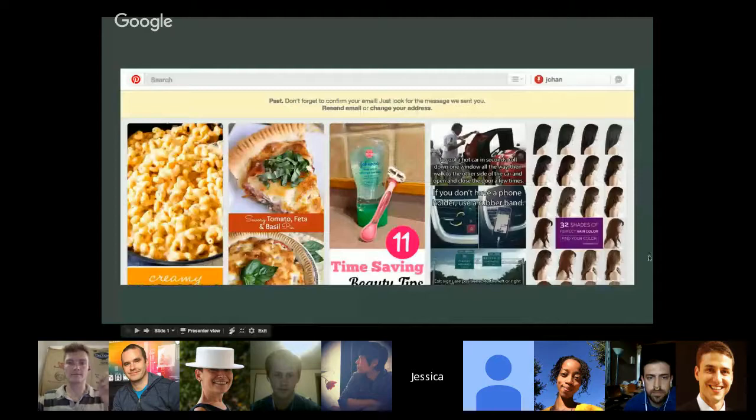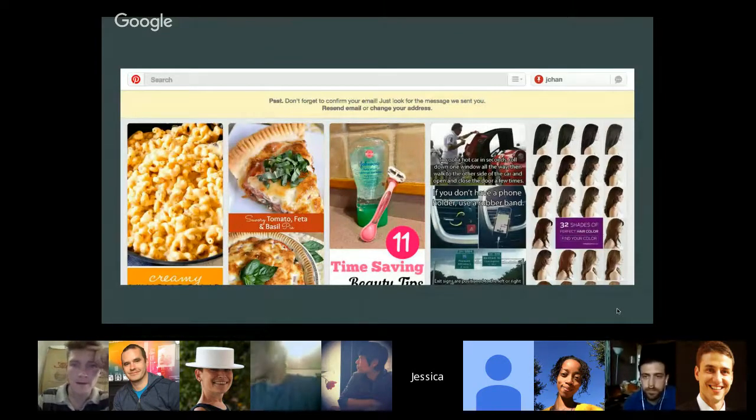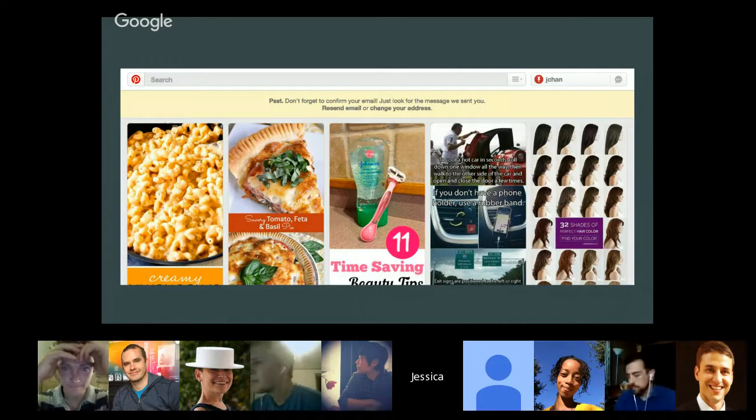Is everyone able to see this? Yep. Okay, so most of you will be familiar with Pinterest.com and how it works. You search for something that you want to see, and Pinterest is really good at serving images that match your criteria.